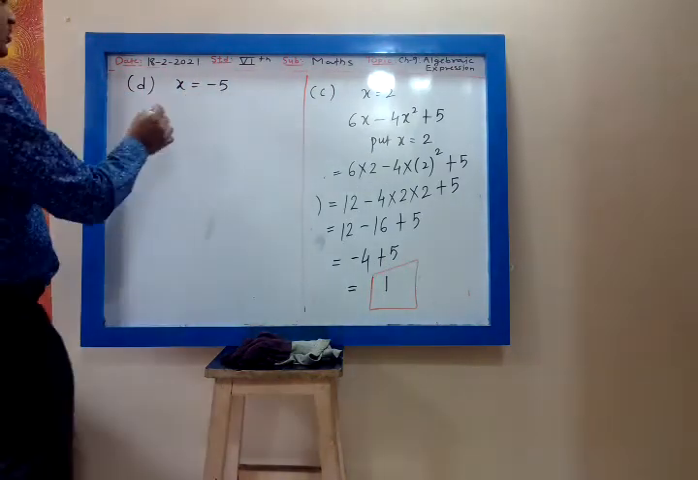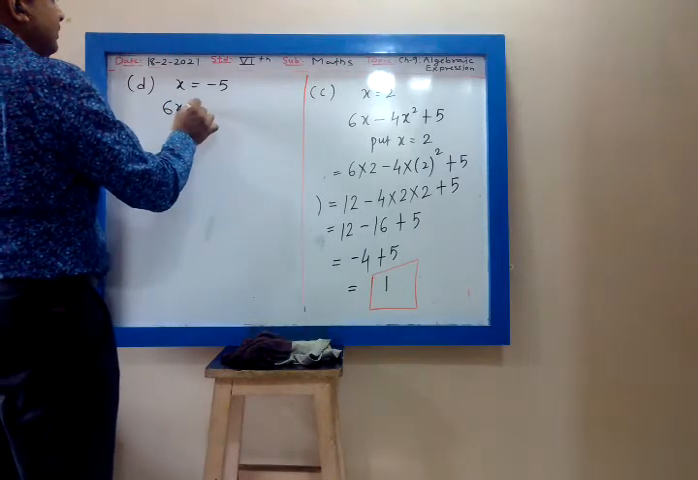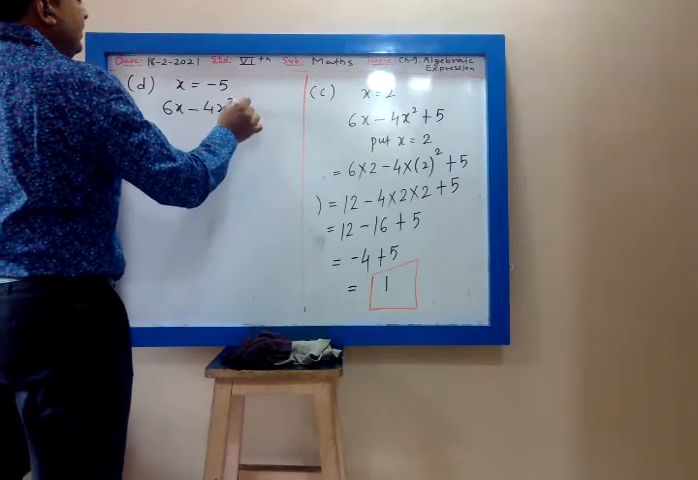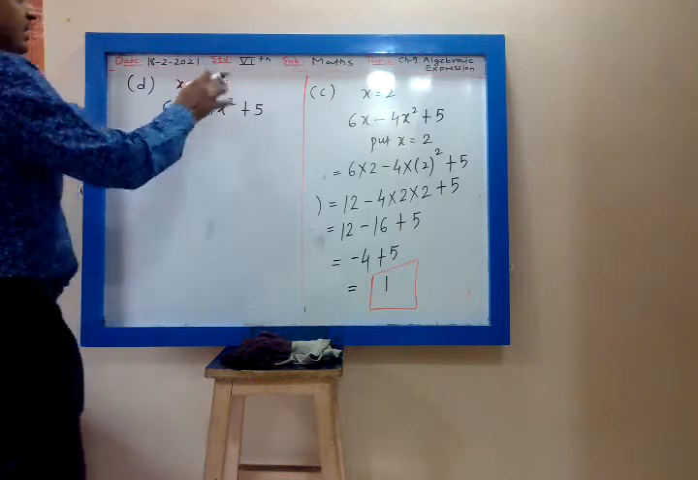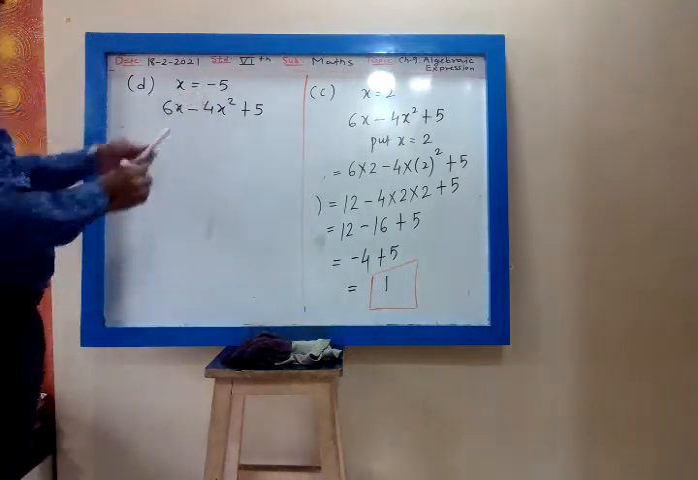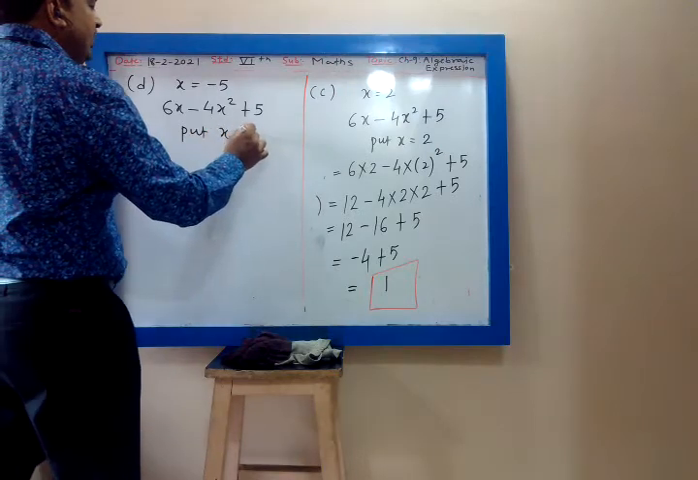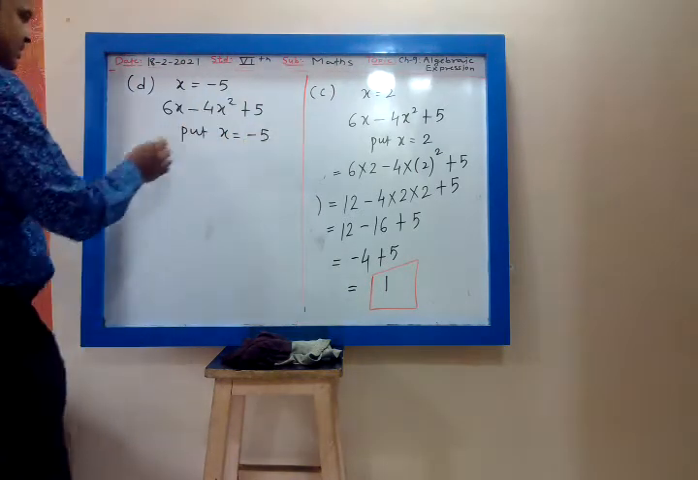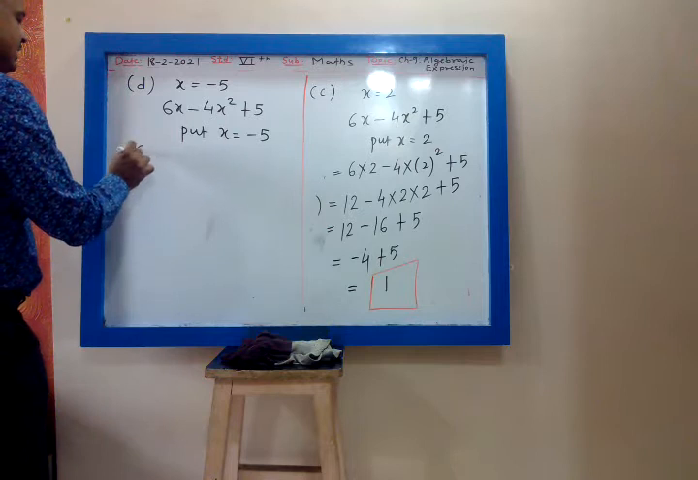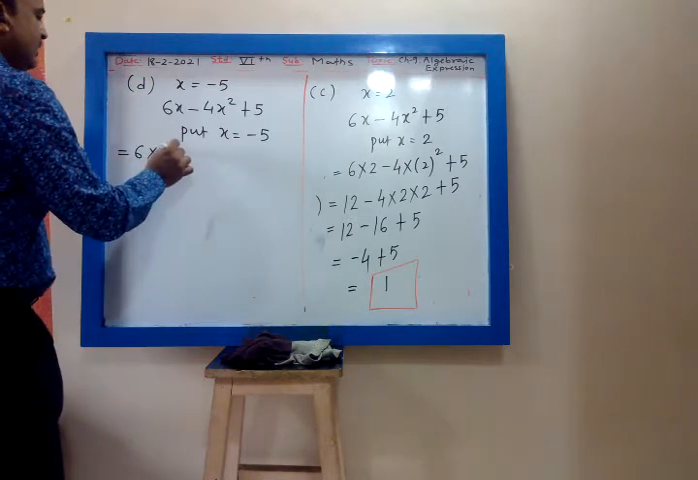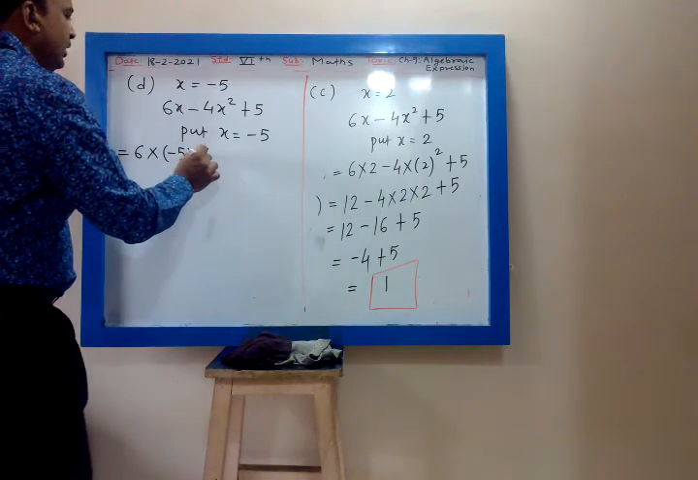X is equal to minus 5. Find the value of the polynomial 6x minus 4x square plus 5 when x takes the value minus 5. So I will put x is equal to minus 5 in this. I will replace x by minus 5. So 6 into minus 5. Then minus 4 into